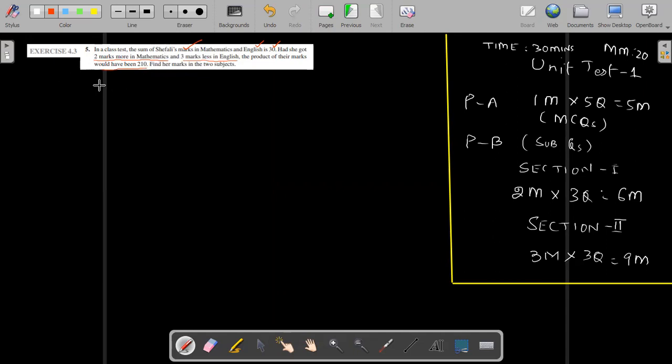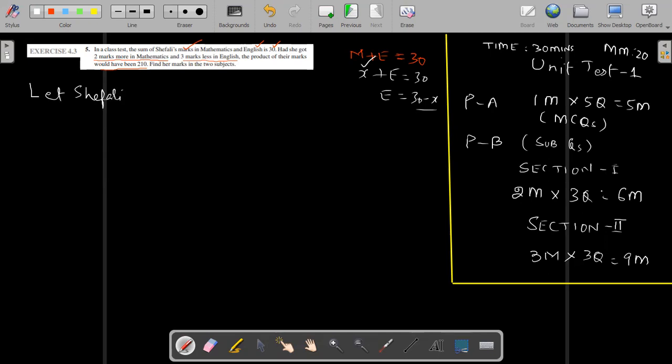So as the sum of mathematics marks and English is 30, maths plus English is equal to 30. If she gets x in maths, what will be the marks in English? English will be equal to 30 minus x. You can do it in the rough. So if we suppose the marks in maths is x, then English will be 30 minus x. Okay. So we will let